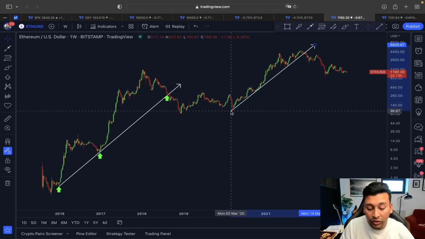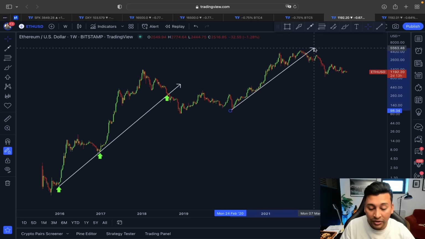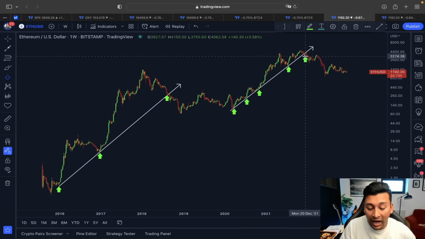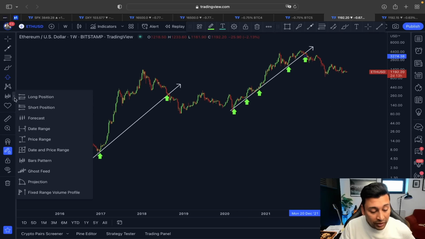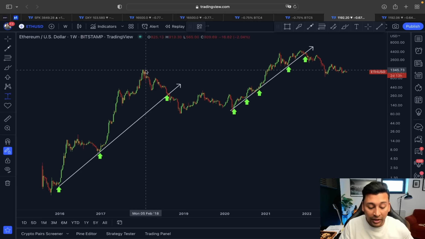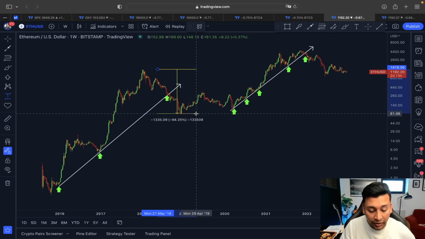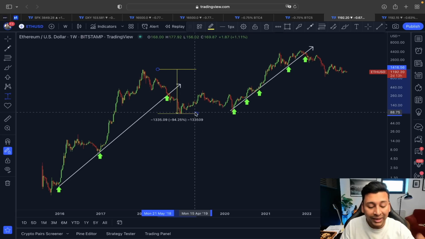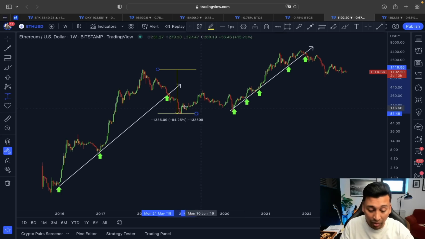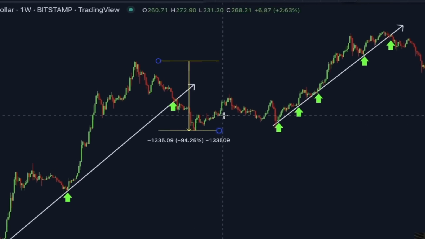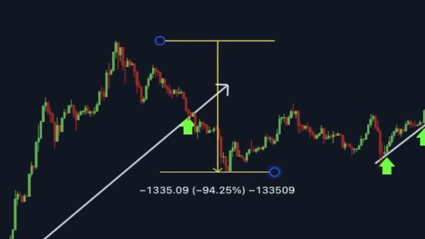Similar scenario also unfolded here when we lost the support from this rising trend line, because we knew this rising trend line was holding the price, and after breaking the support we started with this actual downtrend. So just like here from the past price action, if this trend is going to continue here to the downside, you can see in 2018 from the top till the bottom, the price of Ethereum retraced more than 94%. Yes guys, around 94% retracement from the top till the bottom line. Only after that we ended this downtrend and also started with this new markup phase.